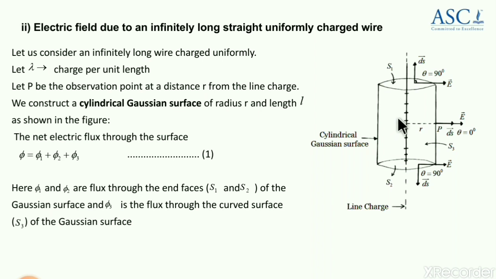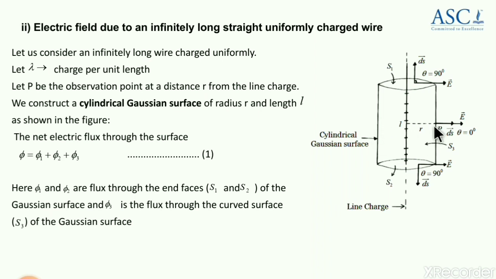Earlier in the previous session, we did the derivation of electric field due to a spherical shell using Gauss law. For the spherical shell, it was another sphere that was the Gaussian surface, and here for the thin wire, the cylinder is the one we have chosen, which is very symmetric to our thin wire, which is uniformly charged. So now using this Gaussian surface, we have to proceed to find the electric field.